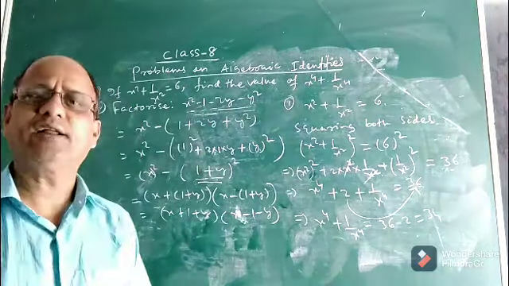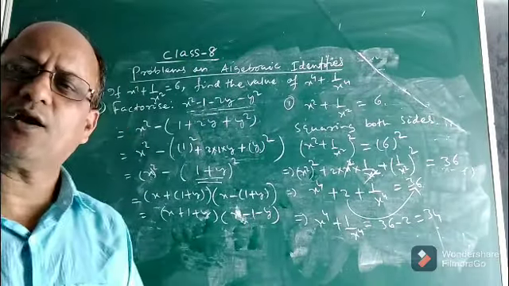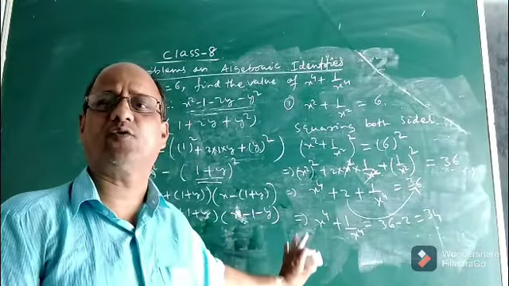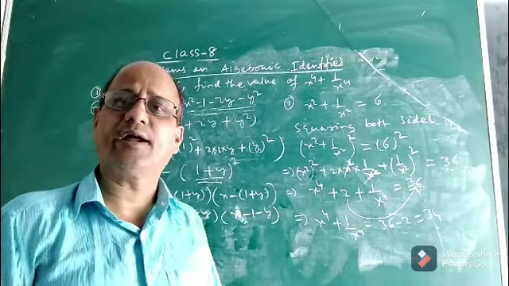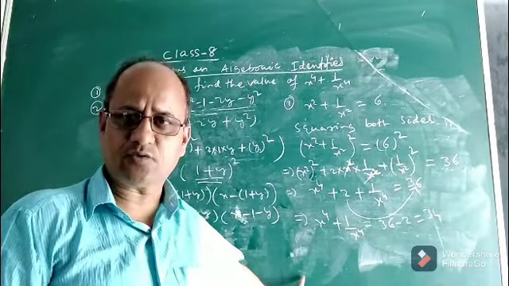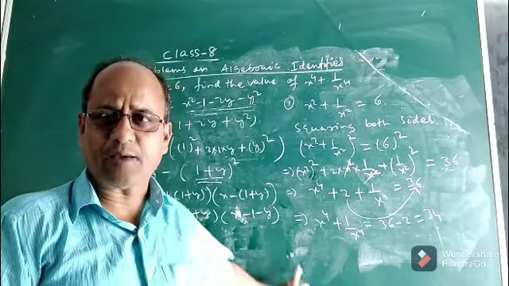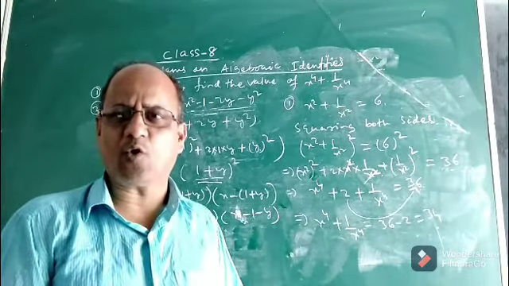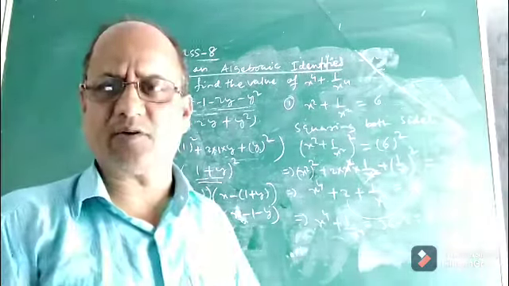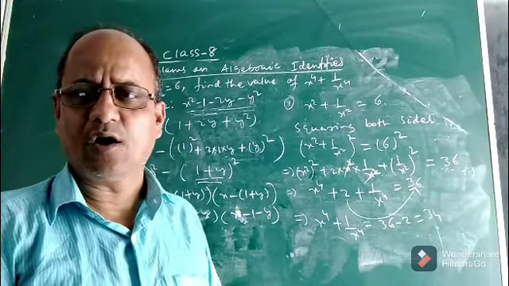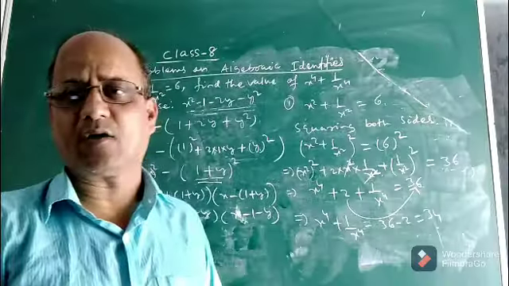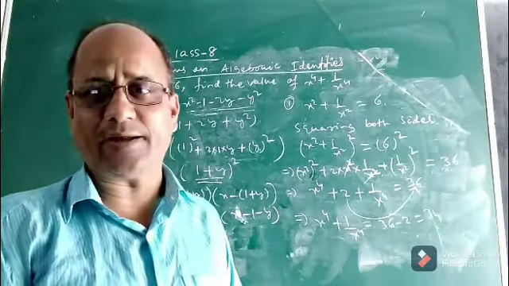So see, children, in this way you can do all problems like this, provided you have understood the steps and you have remembered the different identities. I hope you understood. There are still many more problems of this type given in the book. Try to solve them yourself. Whatever I discussed, you can easily do, provided you remember all the identities and you are able to apply them to problems.